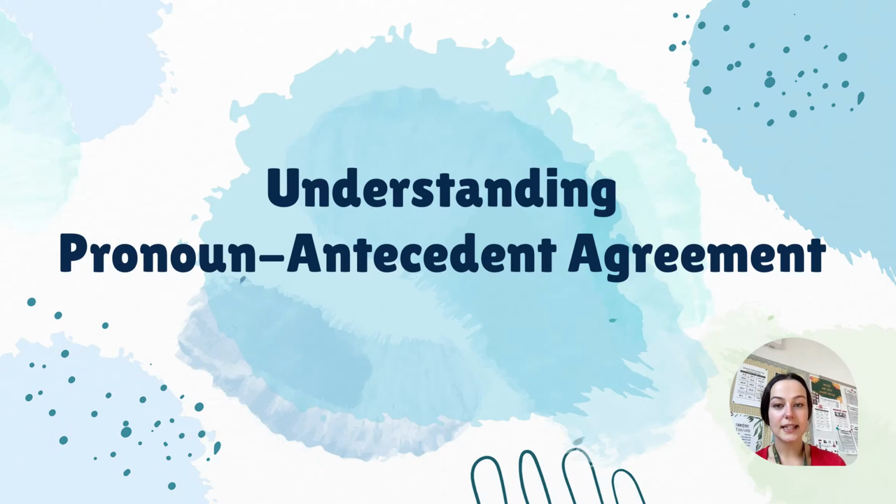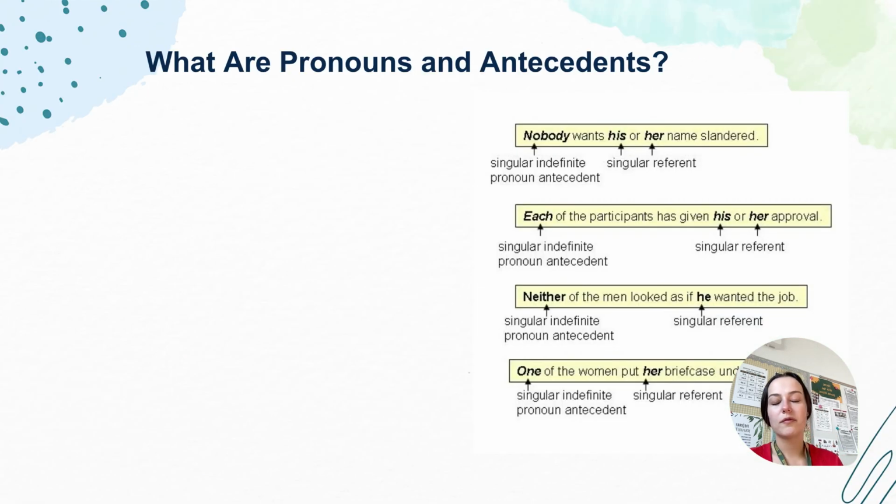Hello, so in this lesson, we're going to be talking about pronoun antecedent agreement. And this is really just a fancy phrase for saying that the nouns and the pronouns in our writing need to match one another. Okay, so before we really jump in, we need to cover the basics, and that is making sure we understand